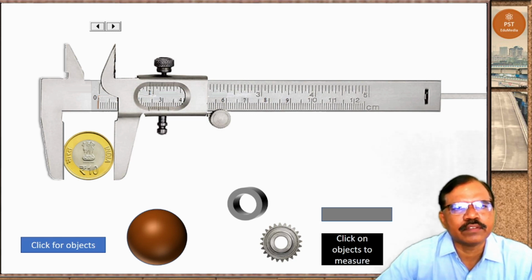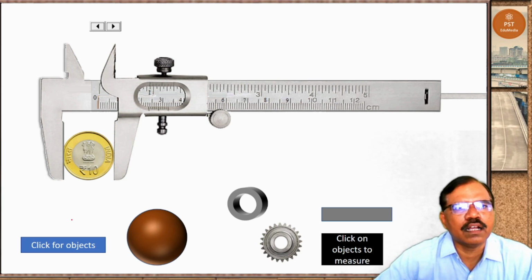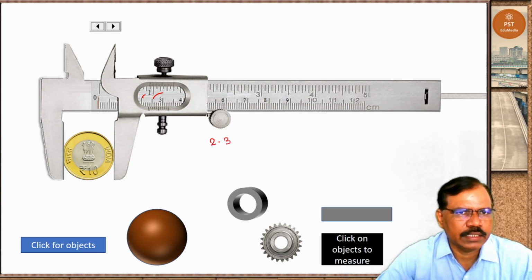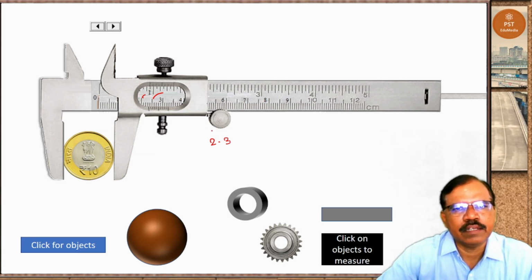If we see here, the reading is this is 2.5, this is 2, so it is 2.3. It is in between 2.3 and 2.4, so take 2.3. This is main scale.